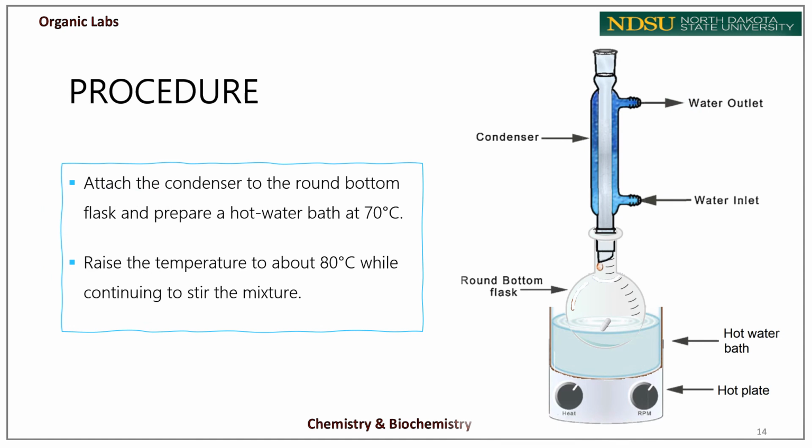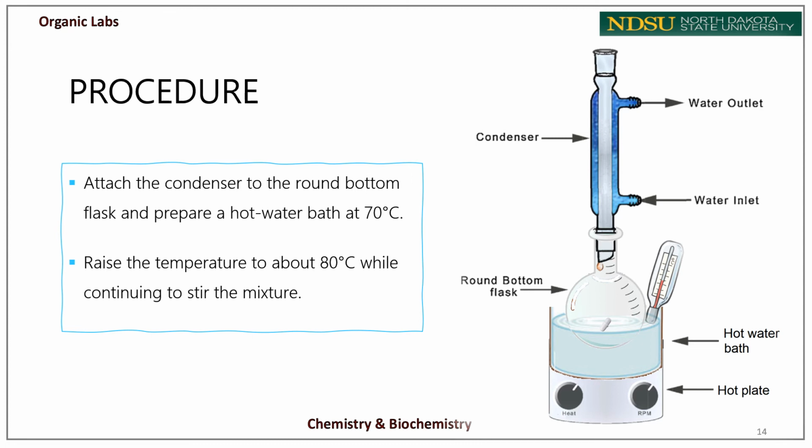Attach the condenser to the round bottom flask and prepare a hot water bath at 70 Celsius. Do not forget to clamp the condenser to the ring stand. Please notice how the condenser is assembled in the picture. It's important to connect water hoses to the condenser accordingly so that the water flows against gravity by going in the bottom of the condenser and out the top, or else the condenser will not be effective as it will